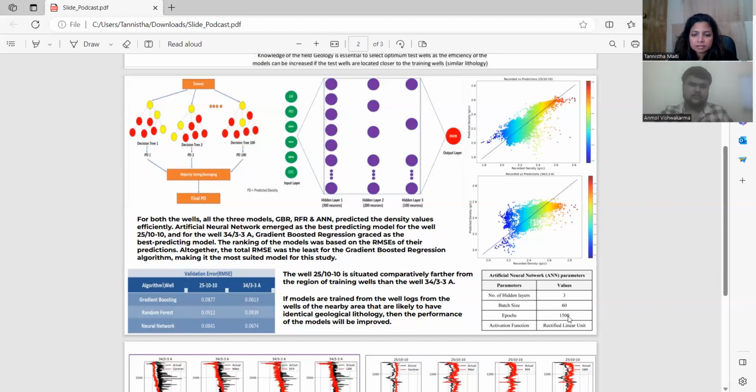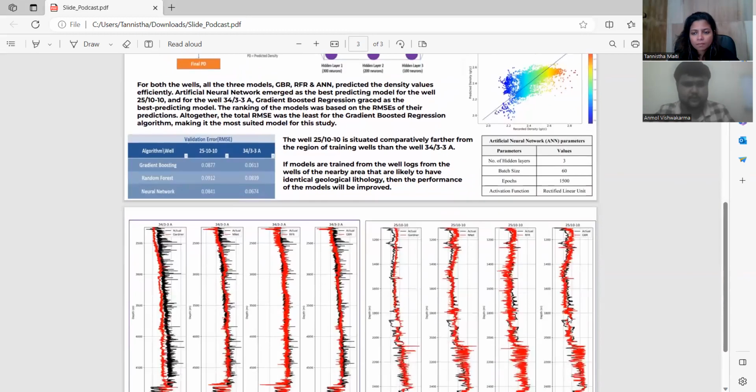So these are calculated based on the hyperparameter tuning. We tried different possible parameters, and then we got these optimized parameters for ANN. And after we calculated, for both the wells, all three models were giving decent predictions,